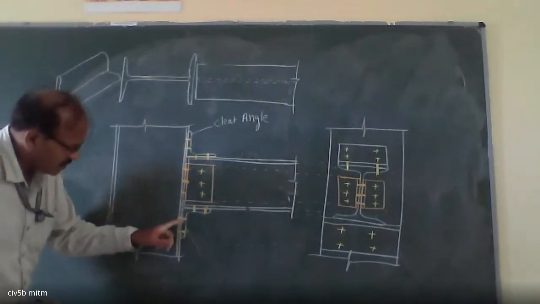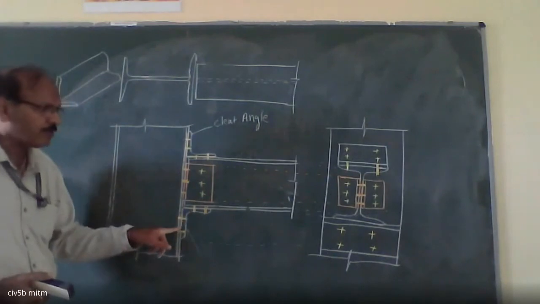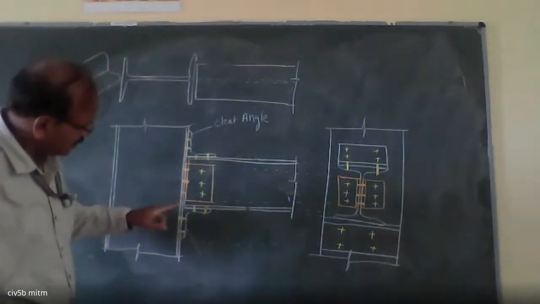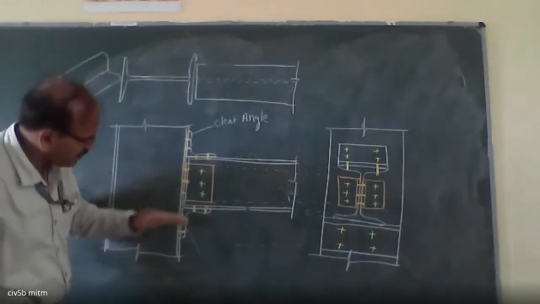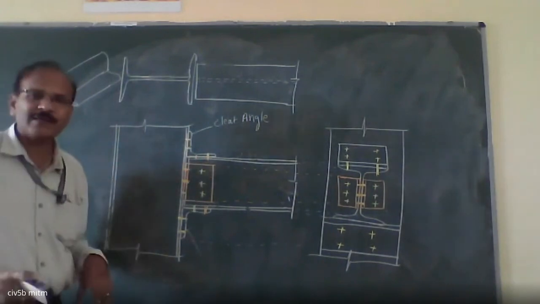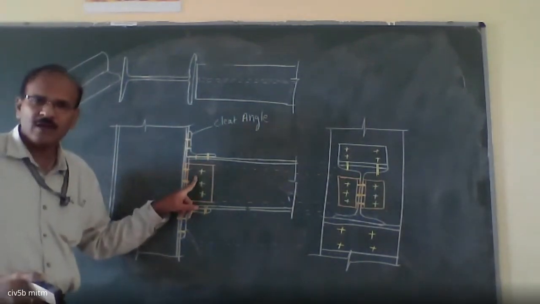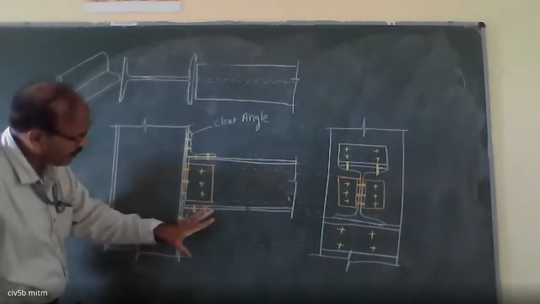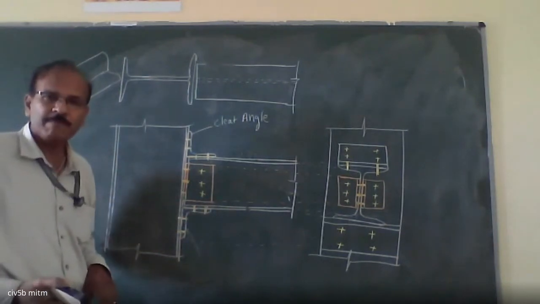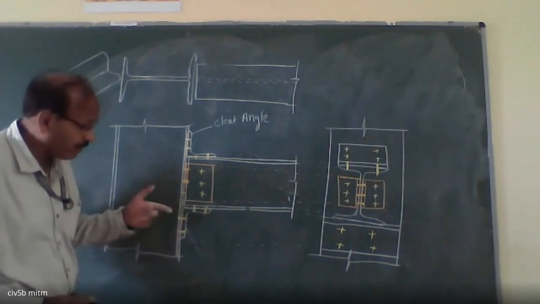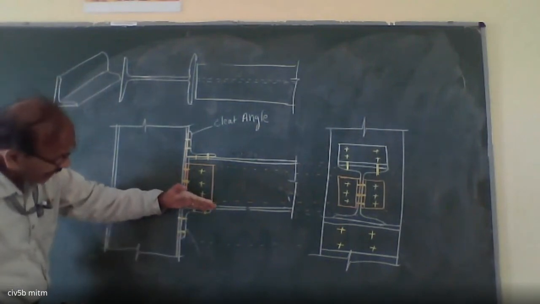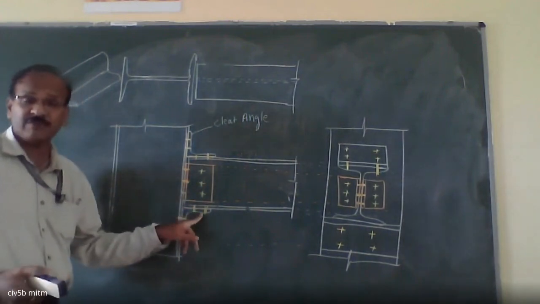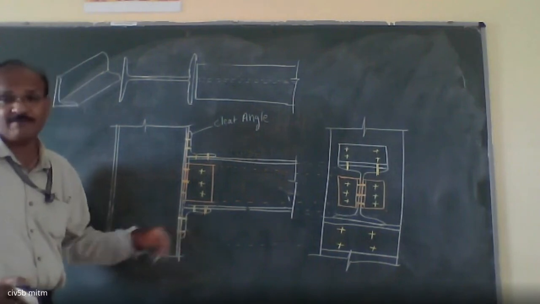So when it comes to this support, this angle support, this is called unstiffened support. Unstiffened means if the load is very light, it is possible that we don't provide this web cleat or web angle. If we say, okay, we are happy with only this angle, and we can bear the load. Yes, we can bear the load. There is a possibility that the angle is going to bend like this, because this angle is not stiffened. This is called unstiffened angle.